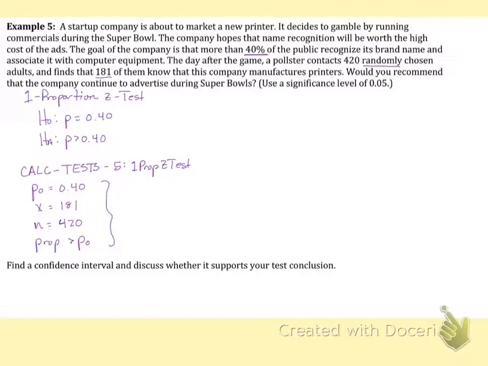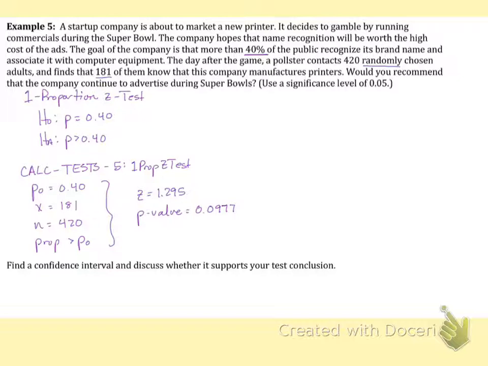And when you put this in your calculator, you will get a z equal to 1.295 and a p-value of 0.0, oops, I said 0, I wrote 9, 0.0977. So remember that the p-value is the probability that we would observe this sample given that the null hypothesis